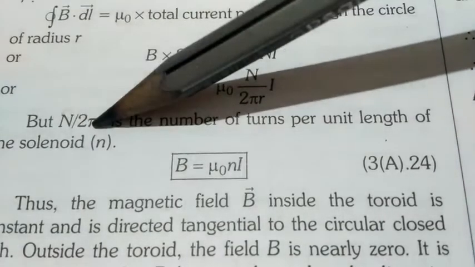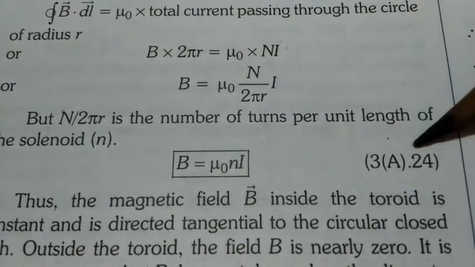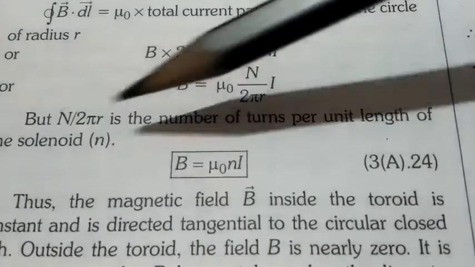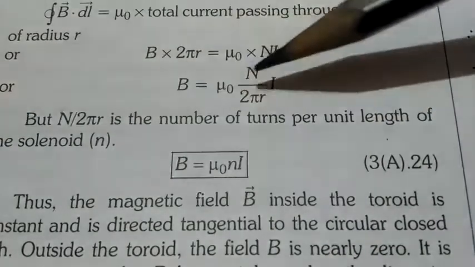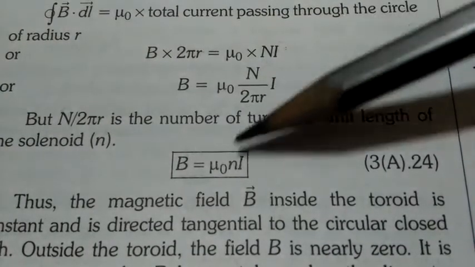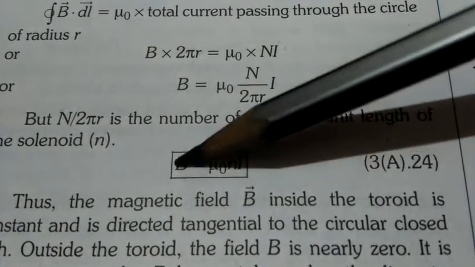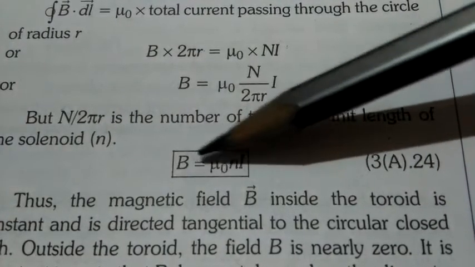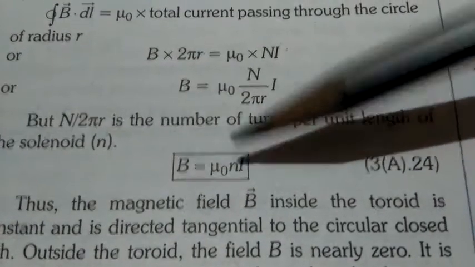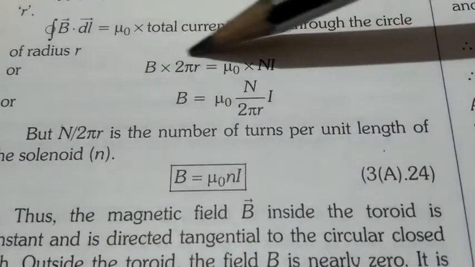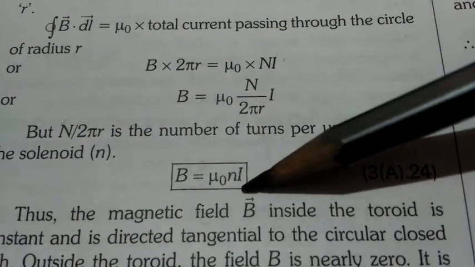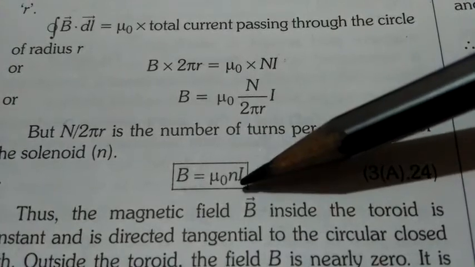So n upon 2 pi r is the number of turns per unit length, and this is denoted by small n. So in place of n upon 2 pi r, we can simply put small n. Here we get this equation, B equals mu naught n I. So by applying Ampere's circuital law here, we have found the magnetic field B